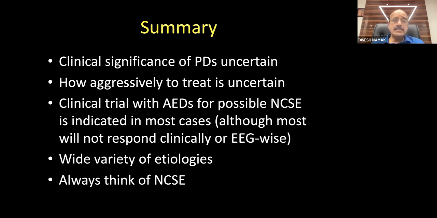So the etiology cannot be determined by the pattern, except in the generalized periodic discharges, where the interburst interval will kind of tell you, okay, this is more likely to be SSPE, this is more likely to be anoxia. But in general, the majority of the times, the same pattern can be produced by a wide variety of etiologies.